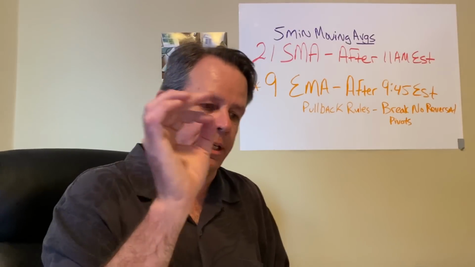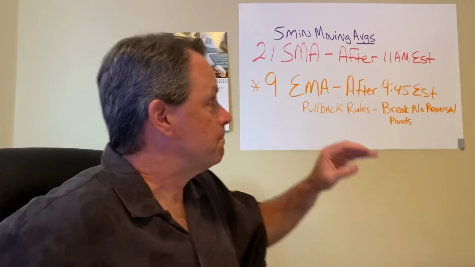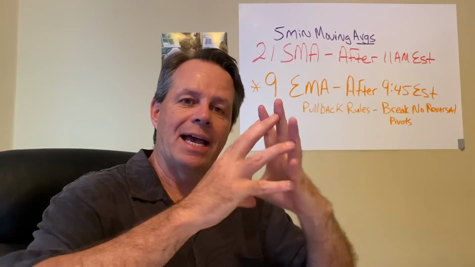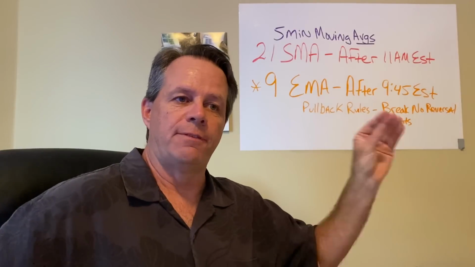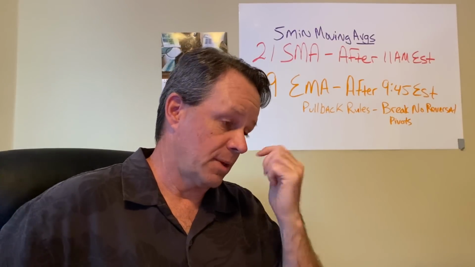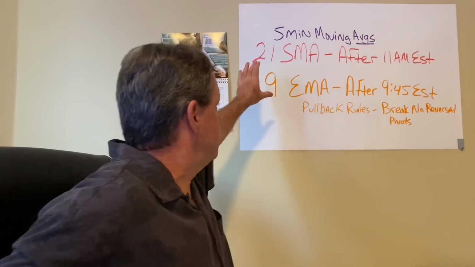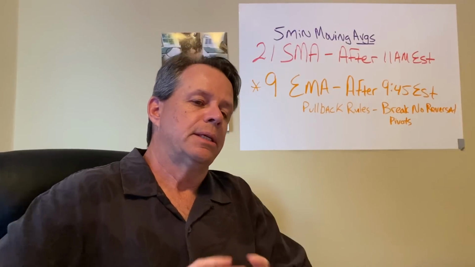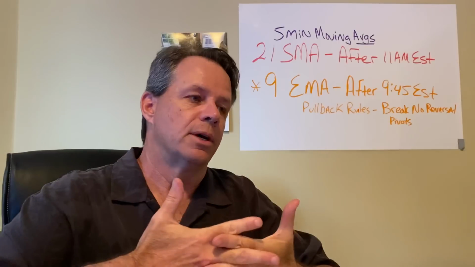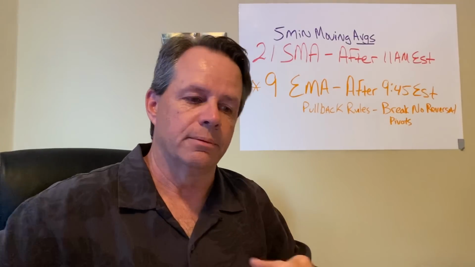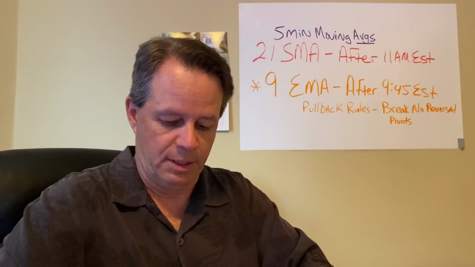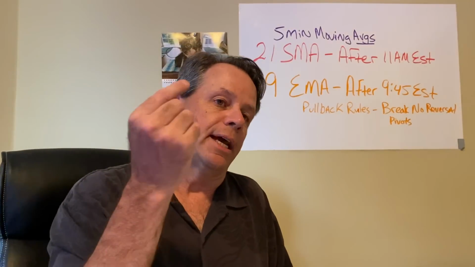Now, here's the key thing to understand. These are 5-minute moving averages. So these moving averages have data being fed to them off of 5-minute increment candles, okay? But the chart that I have these two lines displayed on is a 1-minute chart. And so let me explain what I'm doing when I do that, because this is important, and this might help you understand some things. And that is, I am